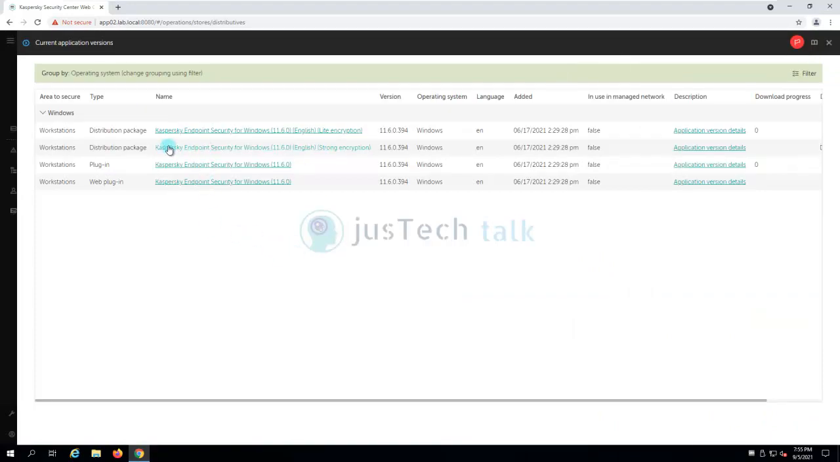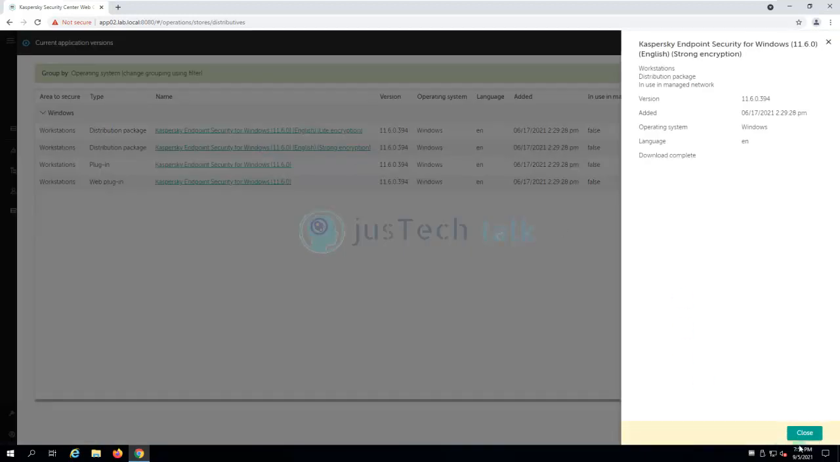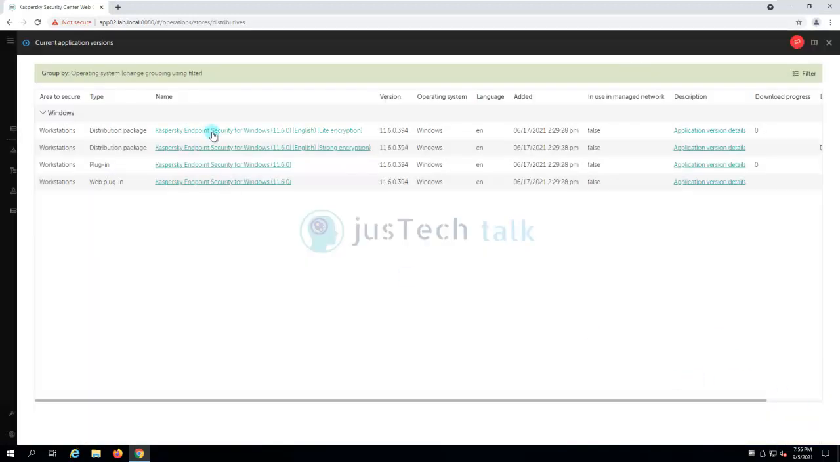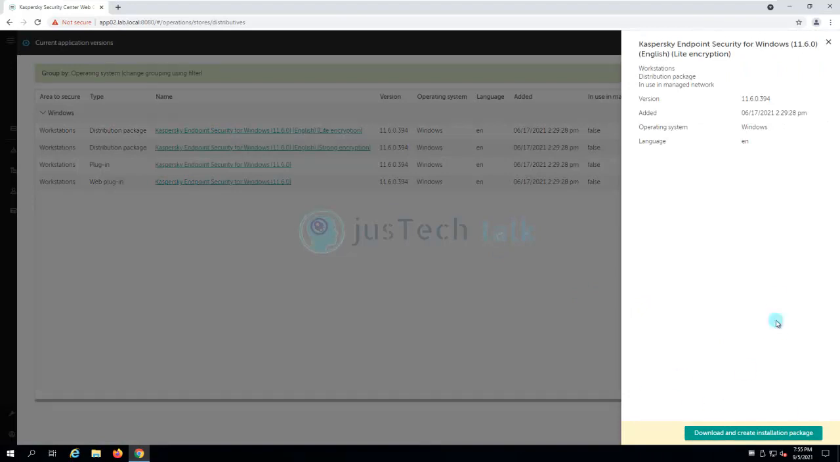Of course, you have Kaspersky Endpoint Security for Windows. If I click on this, it is already downloaded. It's not showing anything because I have not downloaded this one. You see, it is showing me to download it. Same way, if you do not have Kaspersky Endpoint Security for Windows, strong encryption, you can click on download and create